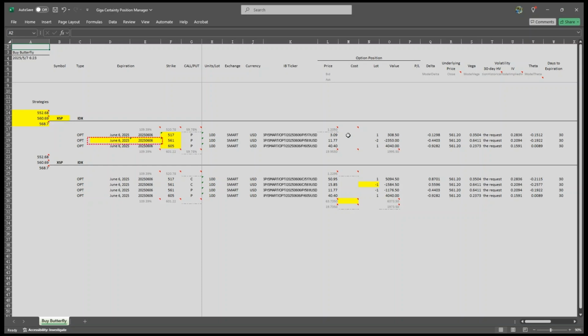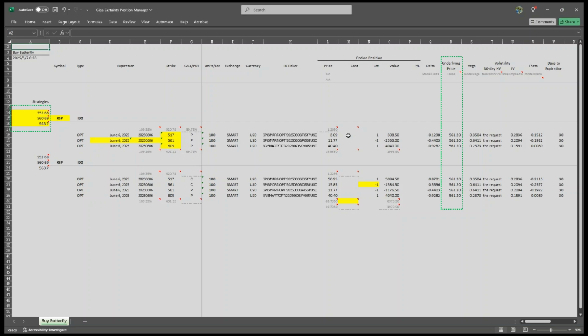Next, enter the expiration date in the indicated fields, in date format as June 6, 2025, and in numeric format as 20250606. The same information only needs to be entered once. The worksheet will automatically populate it in all relevant fields. The green box on the right side of the image displays the real-time price of the underlying asset. As shown, it is 561.20, which falls within the price range we input on the left and is relatively close to the midpoint, meeting